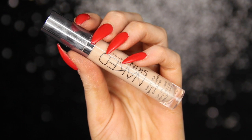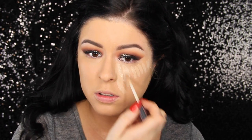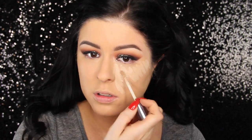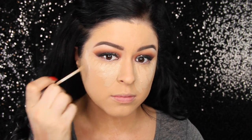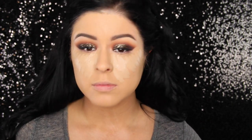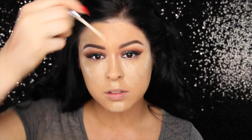Then I'm going to take the Urban Decay Naked Skin Concealer, and I'm just going to start working this concealer in all the areas of my face that I always highlight and conceal. I've actually been kind of into going in with a brighter concealer. For a long time I was doing something a little more chill and closer to the color of my foundation, like maybe a shade lighter, but lately